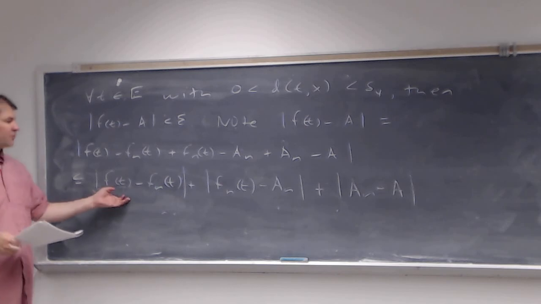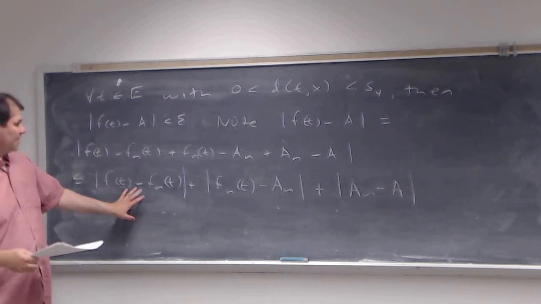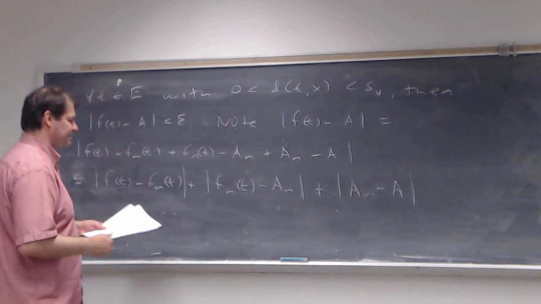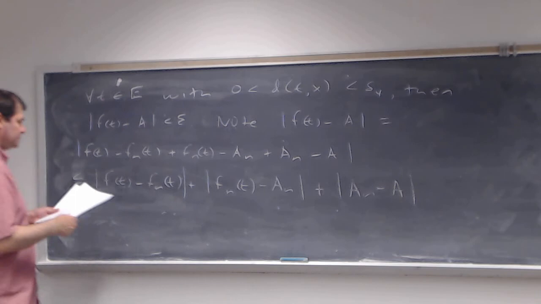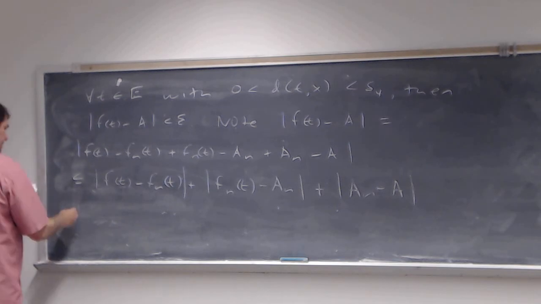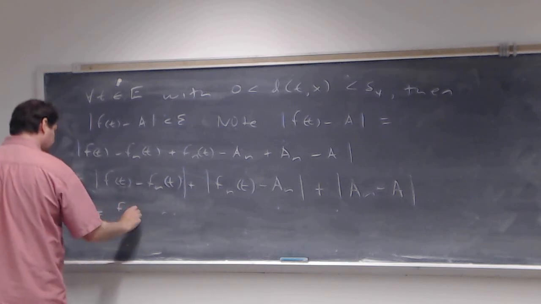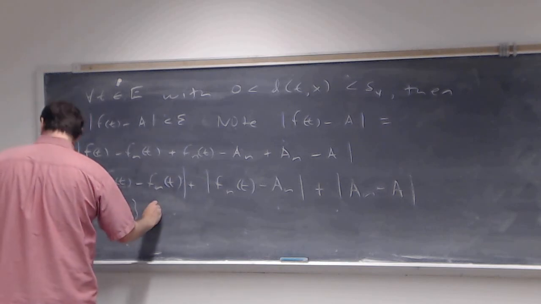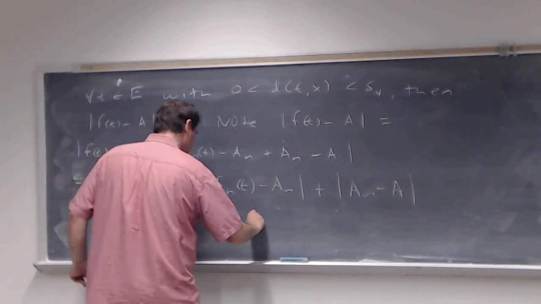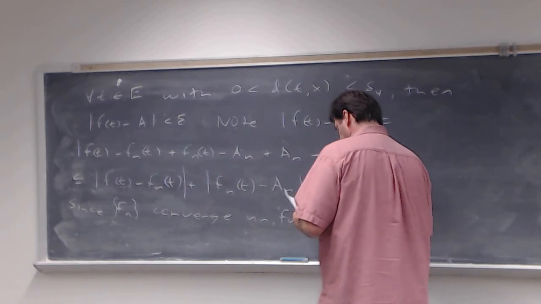Now these converge uniformly, so I'm going to be able to control those. Remember, I want this whole thing to be less than epsilon. The a sub n's converge to a, so I'm going to be able to make that small. And then we have to work with the last one a little bit, but we'll be able to control it as well. Since f sub n converges uniformly to f,